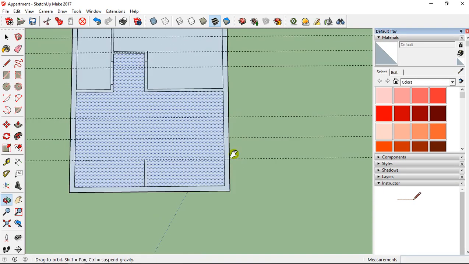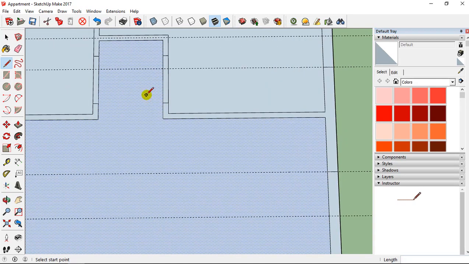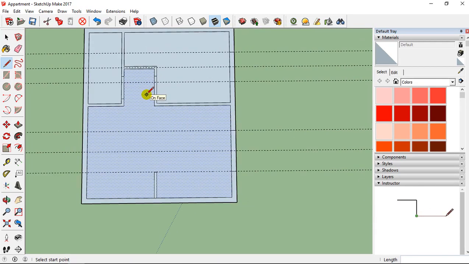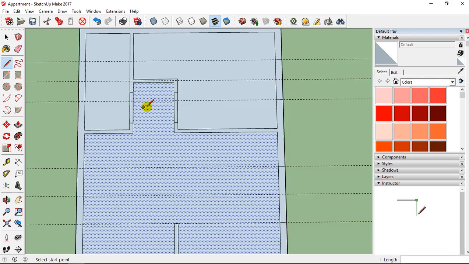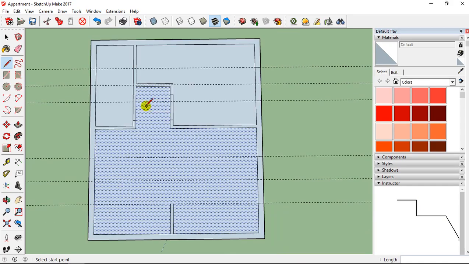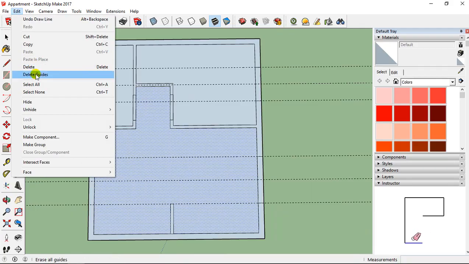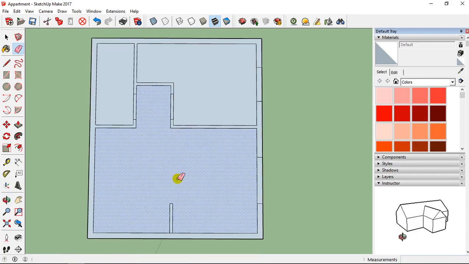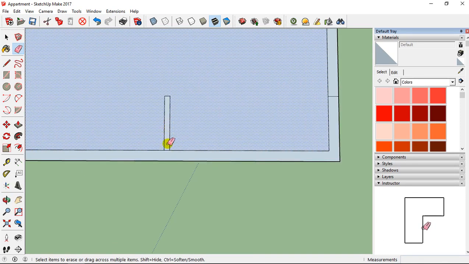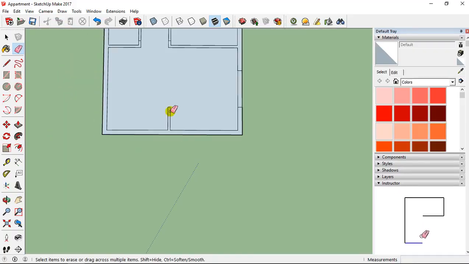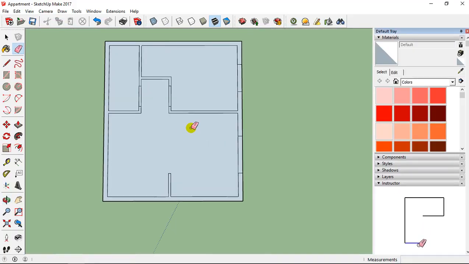Like that. Then I take the eraser tool, so first edit, delete guides, and as you can see also here I need to take this. So it's okay for that.